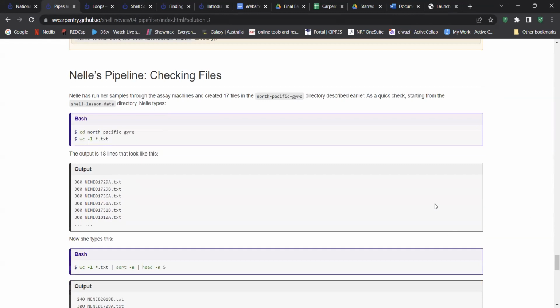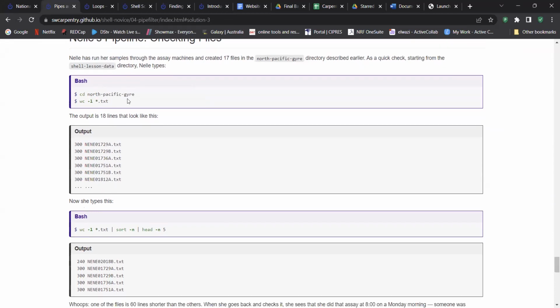Just to again go back to what Nell has done. She's collected obviously a bunch of things from the North Pacific Gyre. And they've mentioned that Nell has run her samples through the same machines, and she's now created 17 files in her North Pacific Gyre directory. And as a quick check, they say that we should start from the shell lesson data directory,